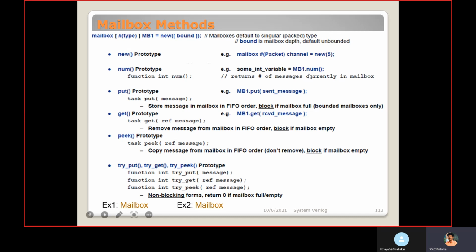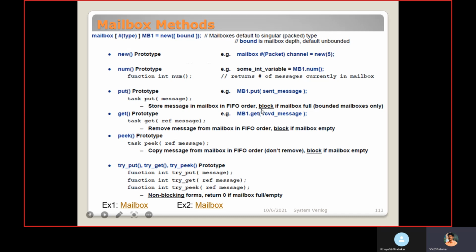It will return how many values are stored, how many elements we have inside the mailbox. And the put method is used to put the packets or transactions into the mailbox. We need to pass that transaction in this bracket, put of that transaction, and it is a blocking one.